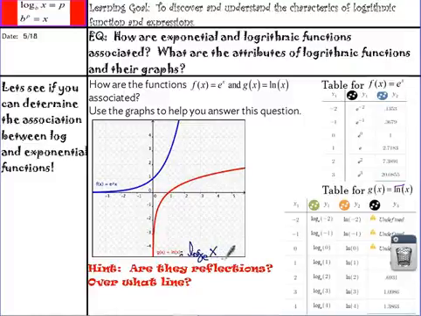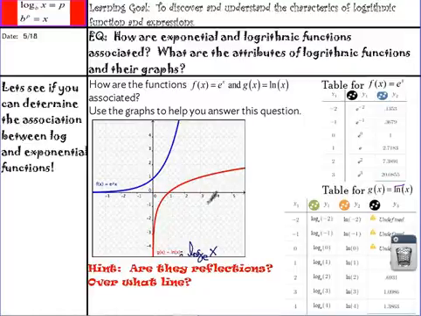So that's log base e of x, which is what the natural log of x is. But we need to just call it the natural log of x. All right. So do you notice a relationship, or how they are associated here in the graphs as we look